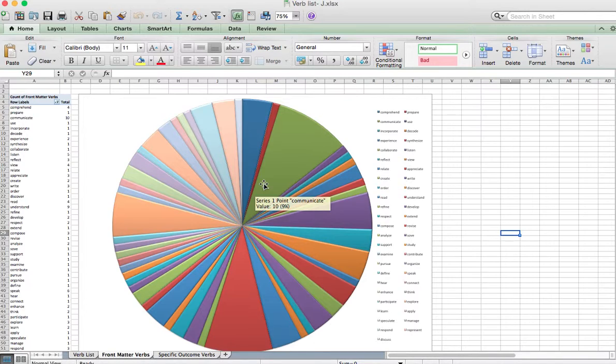So I found it very significant, as an example here in making some interpretations about this data, that the two most common within the front matter were the word communicate, not read, speak, write, but an overarching umbrella, the term communicate. And the second most common was the term understand. To me, this was very relevant and very significant, as it allowed me to understand a little bit further about the importance within the English language arts curriculum around reading and writing being a paired activity, that they not be